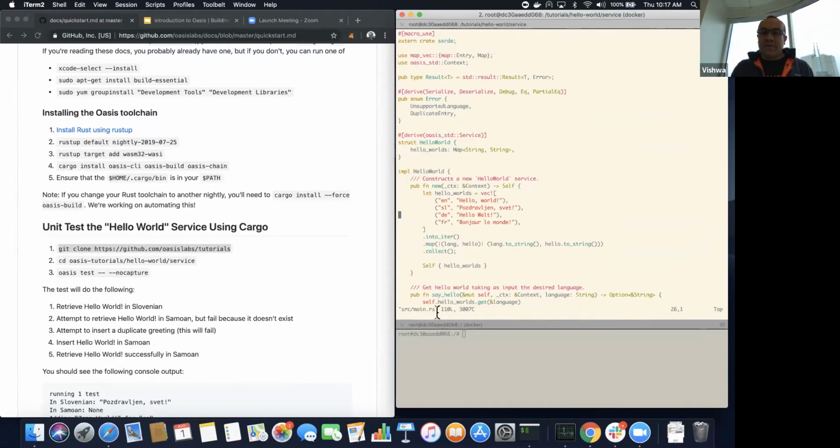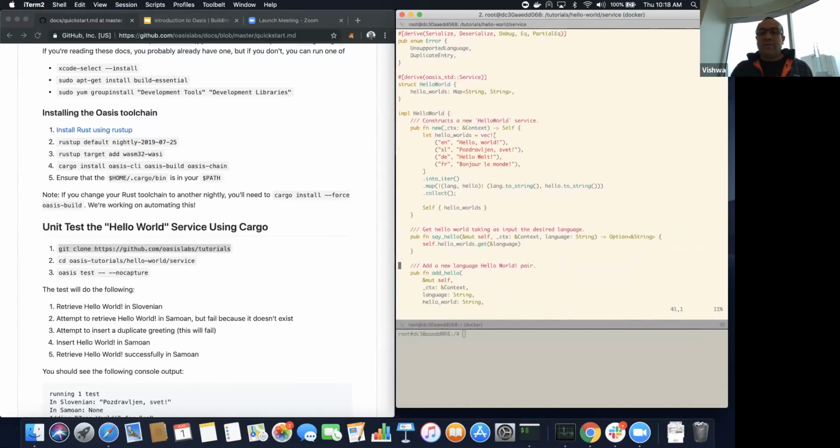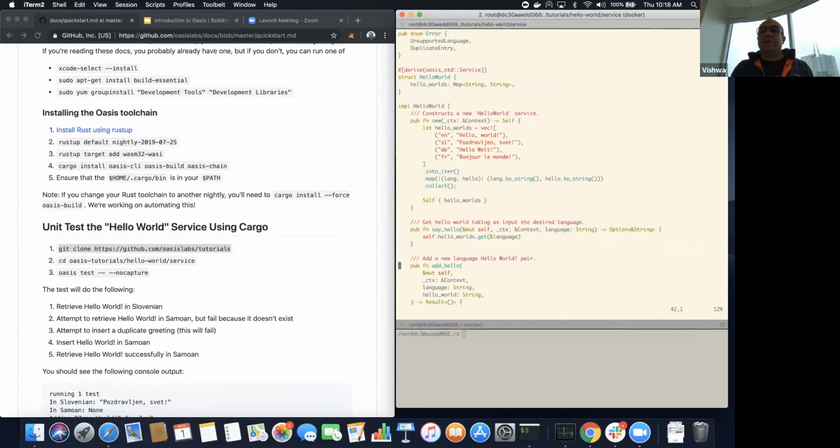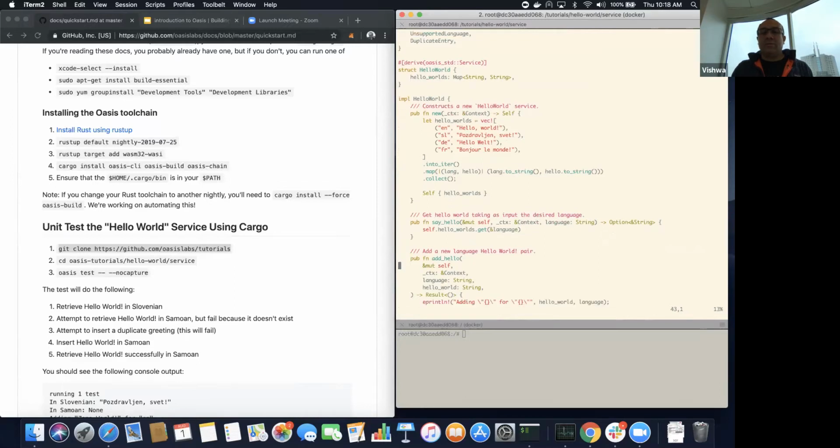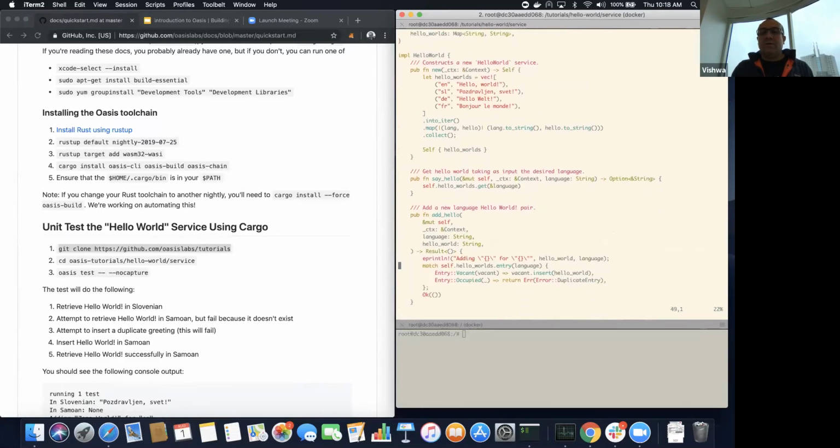So you see that when we instantiate hello world, we have a hash map that is pre-populated with a few languages: English, Slovenian, German, and French. And then there are a couple of methods. One is say hello, which takes as input a 2-letter country code and then looks up the map and prints the result. And then we have add hello to enhance this functionality.